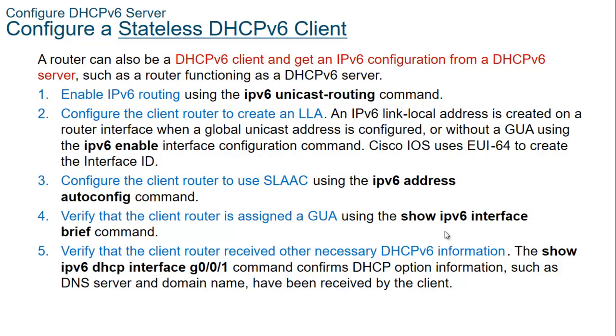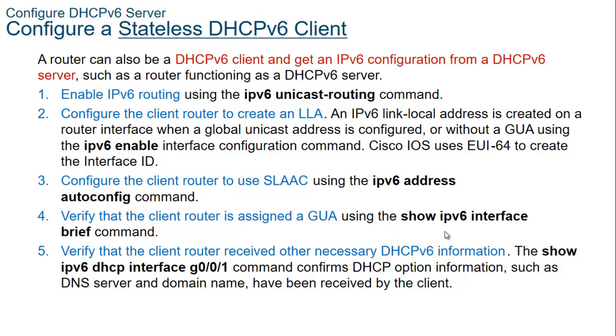Okay, now we are going to look at how to configure the router to be a stateless DHCP version 6 client. The client will ask the server for an IP address, much like PC1 just now. The steps to get an IP address are: 1, enable IP version 6 routing; 2, configure the client router to create a link local address; 3, configure the client router to use SLAAC;